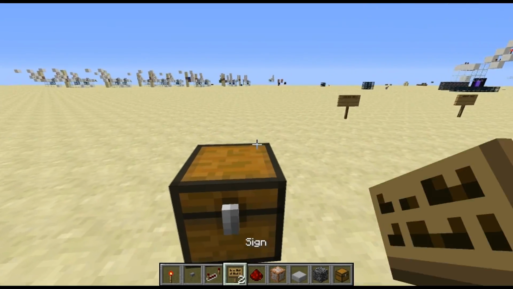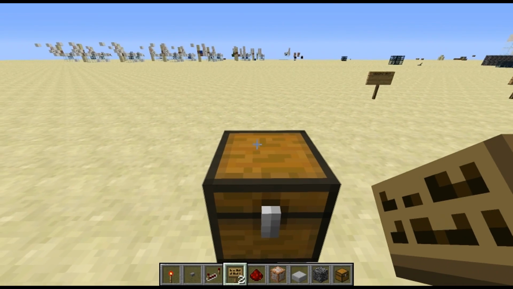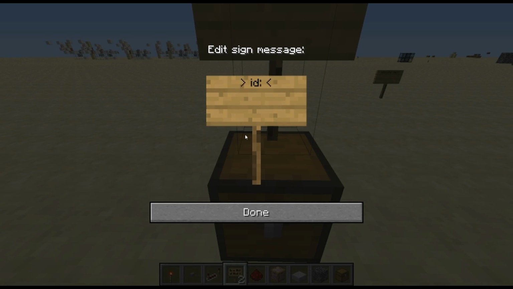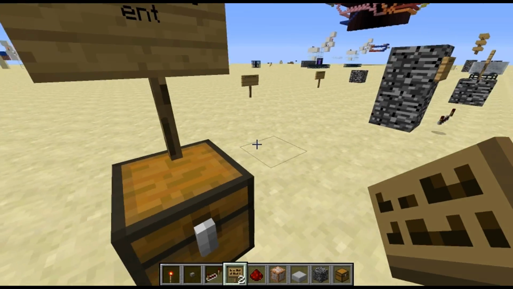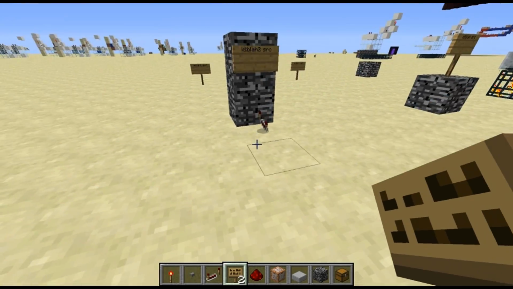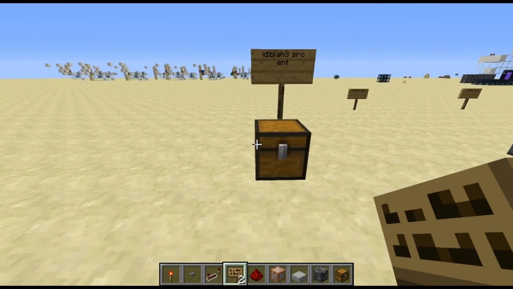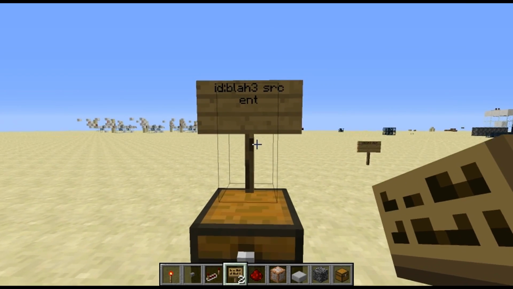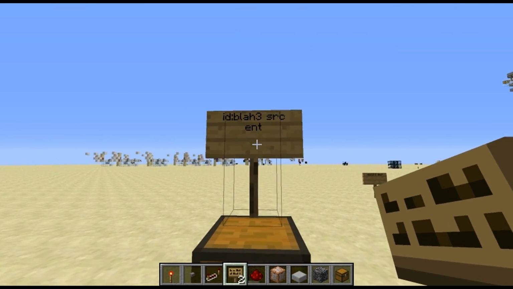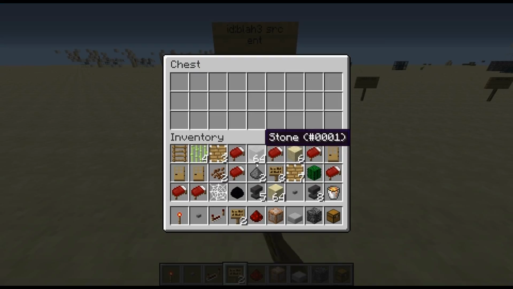And I forgot the thing for it, but what I meant to put on there was, let's do blah 3, source, and the other thing we need to put on here is ent. And this will indicate an entity. So this will convert this repeater into an entity spawner. It'll drop it as an item. And if you put ent on a sign that's above a chest, it'll